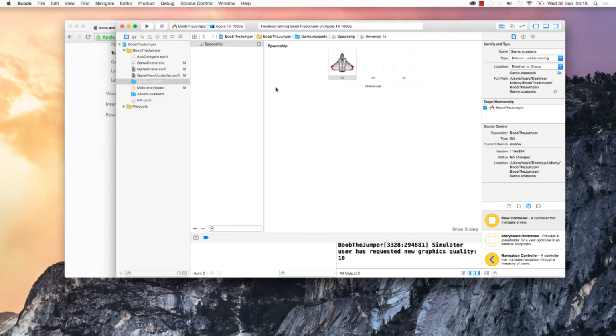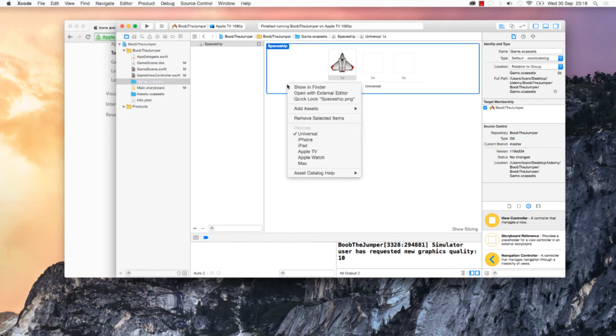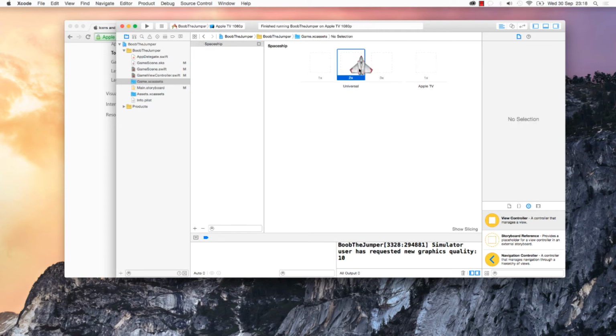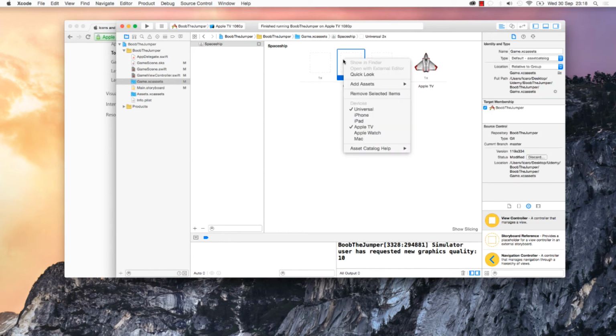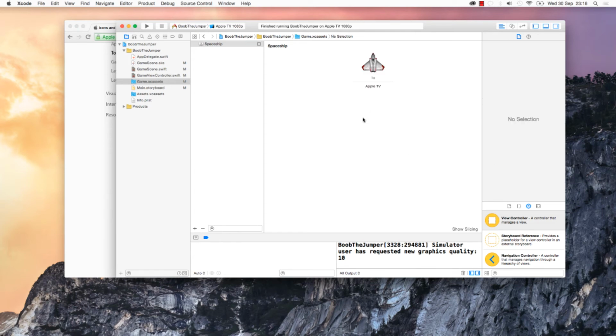What I thought was really strange here is that the Xcode template comes like this, where you have the x1, x2, x3 as universal. That's not how I have been developing my games. What I have been doing is clicking like that and creating an Apple TV set. Then I move my assets to Apple TV and unselect universal. I just think it's nicer. It looks much more organized,